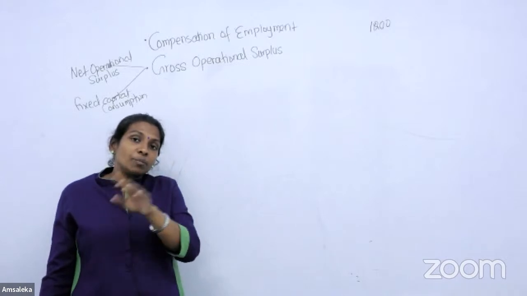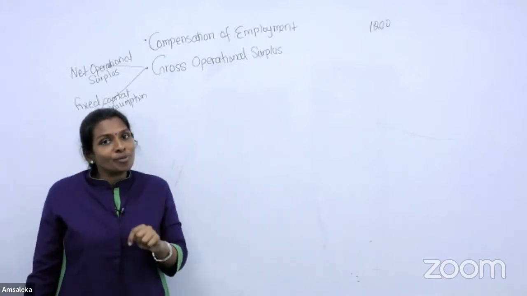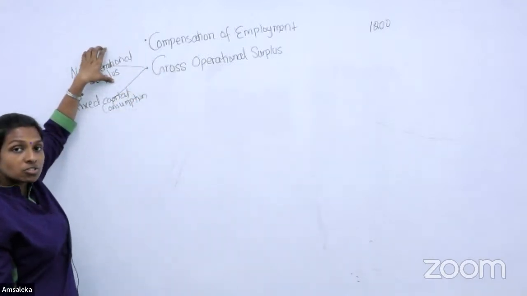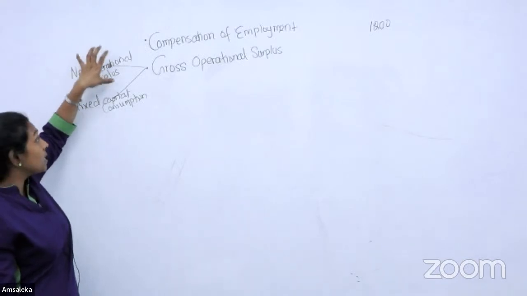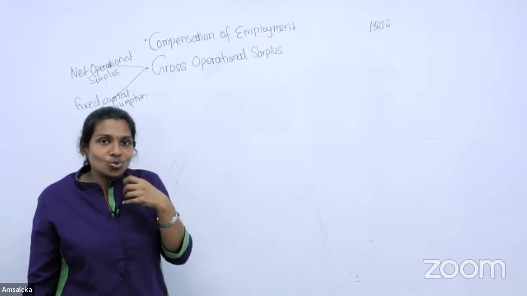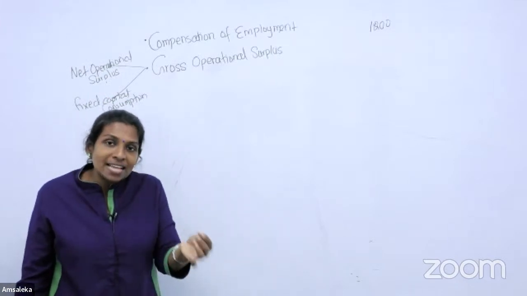Land, labor, capital, entrepreneur: land rent income, capital interest income, entrepreneurship profit. Those three added together are known as the net operational surplus. Okay, net operational surplus. Fixed capital consumption. Consumption, you do not consume it. It's about the usage. So when you use the asset,